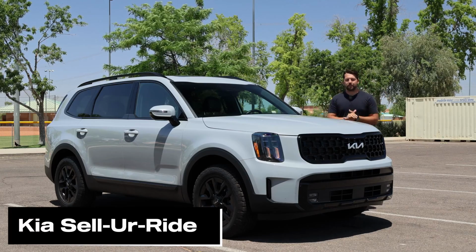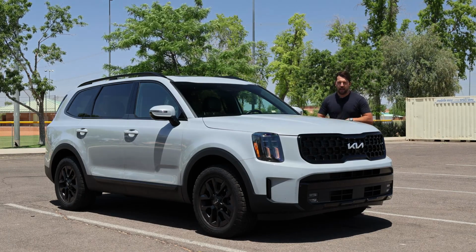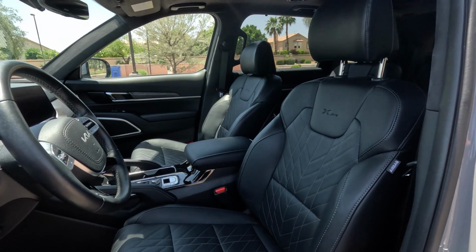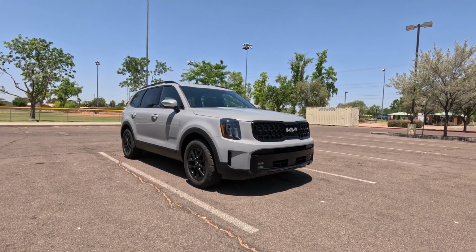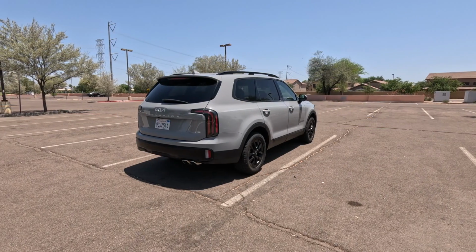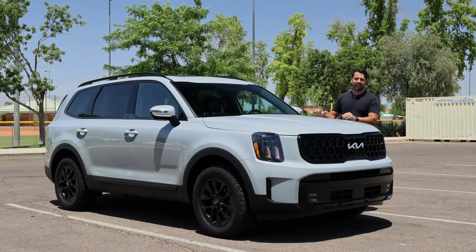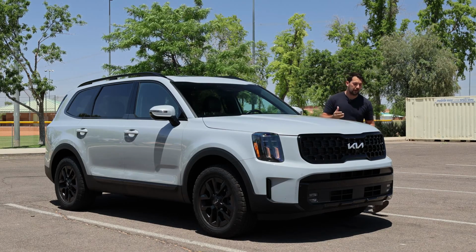Hey guys, my name is Jeff, and this is the 2024 Kia Telluride X Pro. And it is the most popular three-row, scratch that. It is the most popular SUV that you'll find on sale today. So much so, in fact, that these earned the nickname Telluride because people were just clamoring to get their hands on the Kia Telluride. And for 2024, it features a variety of changes, including the fact that they brought back